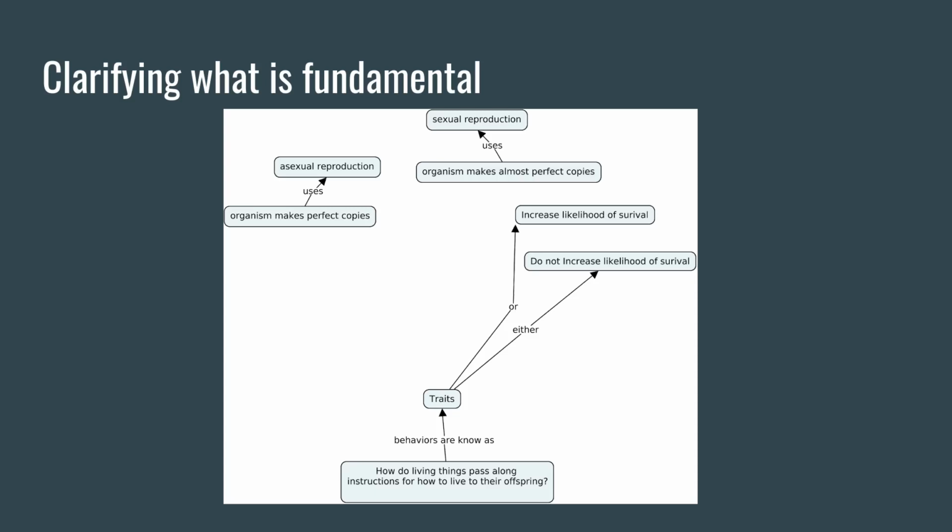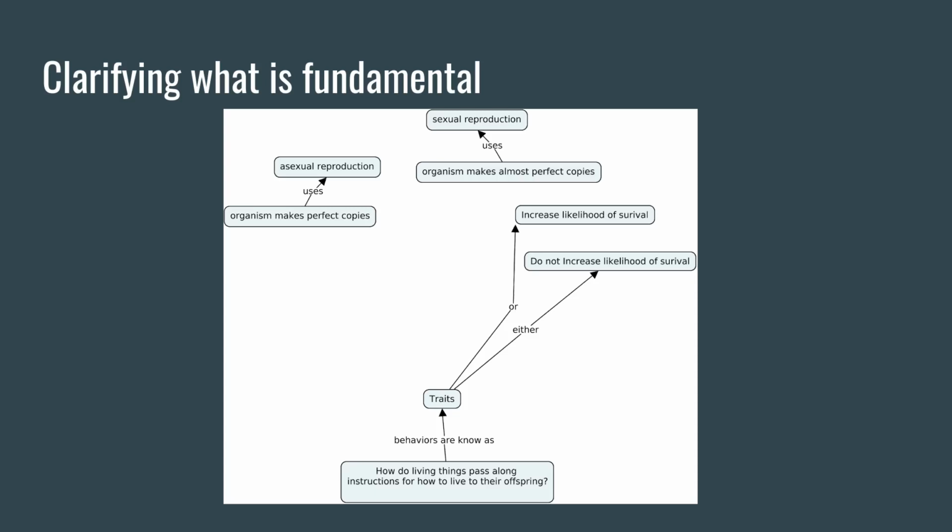Traits either increase or decrease the likelihood of survival, and so that is a connection to fundamental concepts in evolution. And then there are a couple of patterns in terms of how traits are passed on. Either organisms make perfect copies of their traits, or they make almost perfect copies,